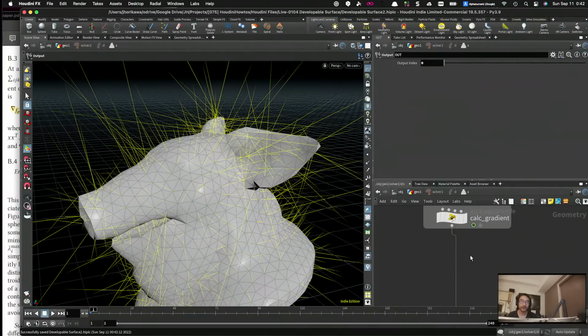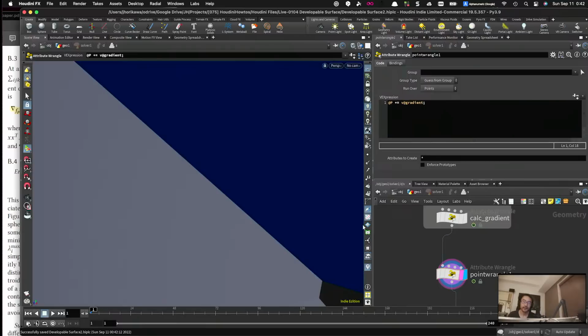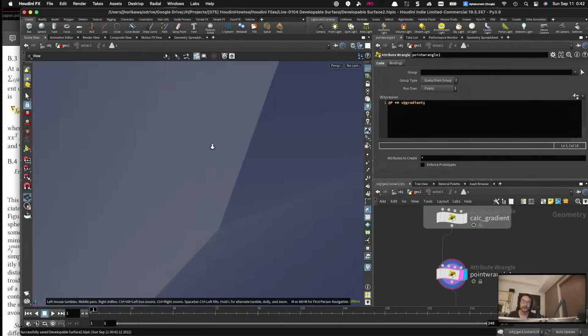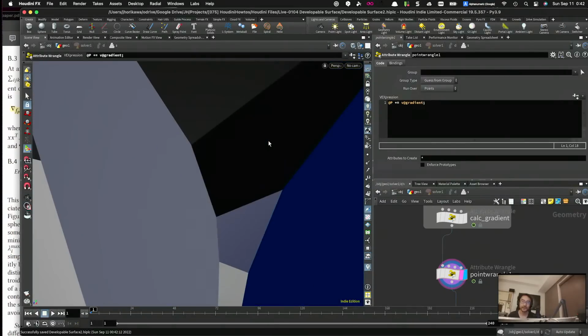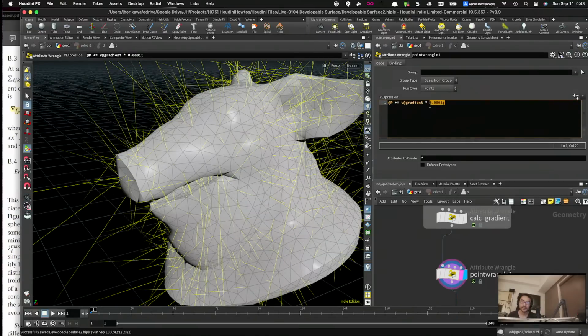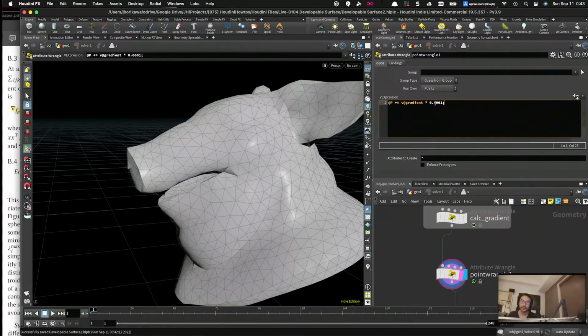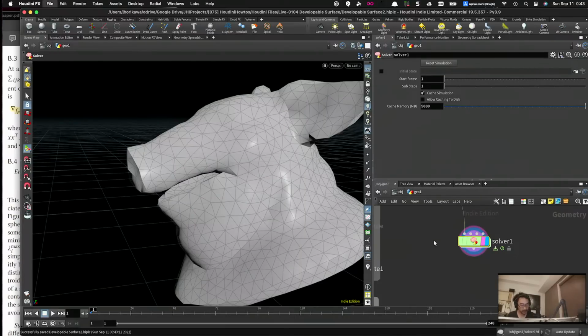So what we want to do is to use the gradient to move the point in that direction. So I'm gonna use a simple point wrangle to do that. Update the point attribute with the gradient on each point. As you can see, if you just use the gradient as it is, the mesh just explodes because the speed is too fast, obviously. So we're gonna make sure the speed is small enough so that you get the best balance in order to optimize. And currently we don't know what's the best value for this time step or speed. So let's just try out a random value like 0.0001 for now, and let's see what will be the result. If I play it